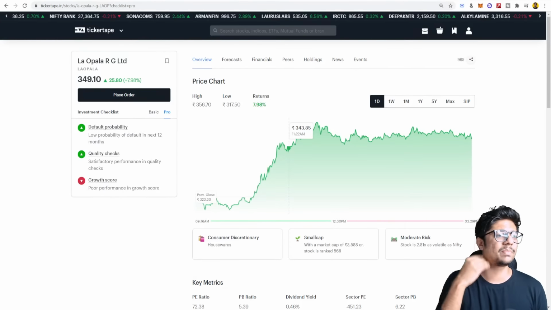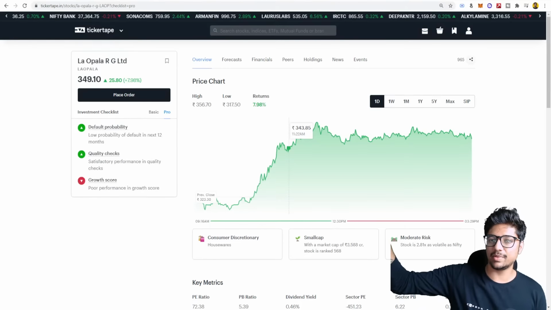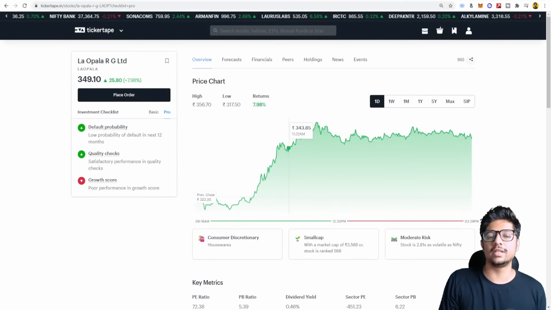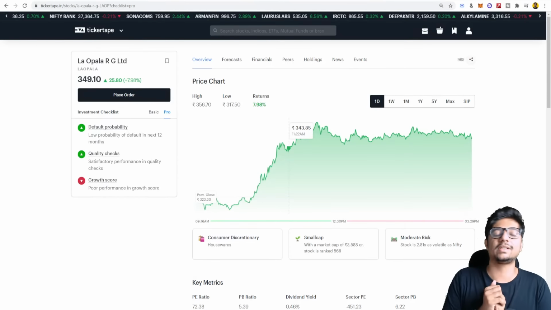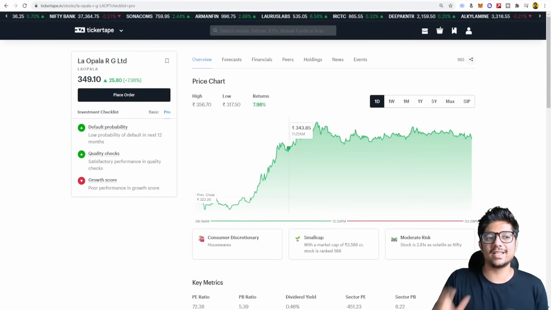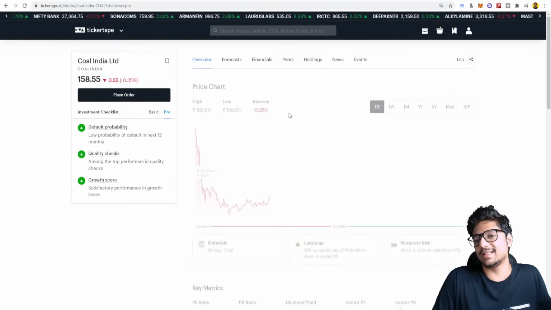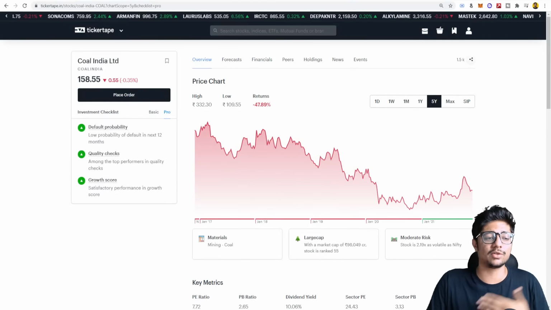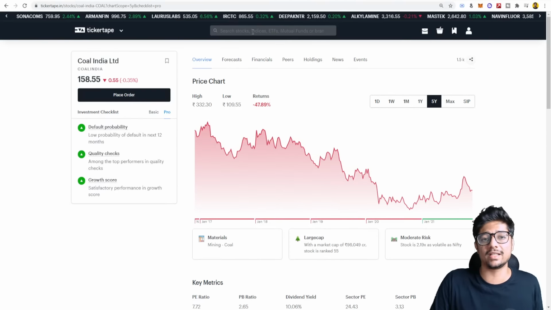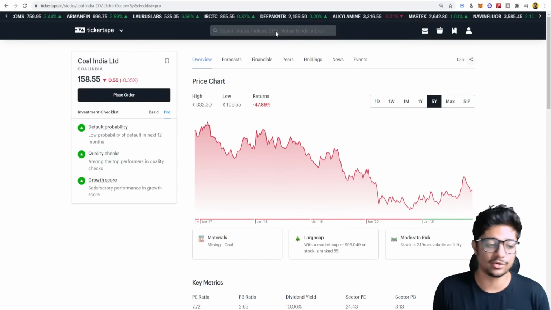So rather, why not get the best of both worlds? Start investing in companies like Asian Paints and Pidilite and Persistent. Good growth in these companies as well, and they give you good dividends for either yourself or your family, right? So both of it is considered on a good note. But be very careful, because there are some stocks, like as I showed you, Coal India, that is giving amazing returns, okay, but might not give you good capital appreciation. There were also some power stocks that I saw in the screener, but power stocks also sometimes are very sector oriented, so that might also create an issue for you.